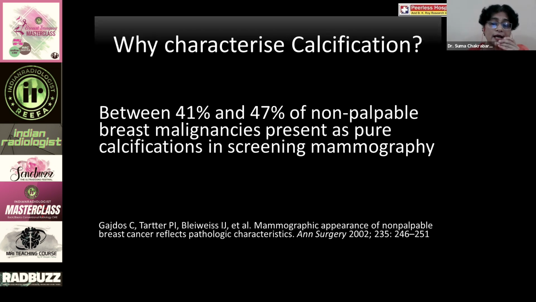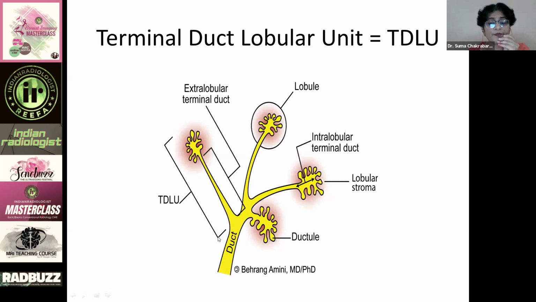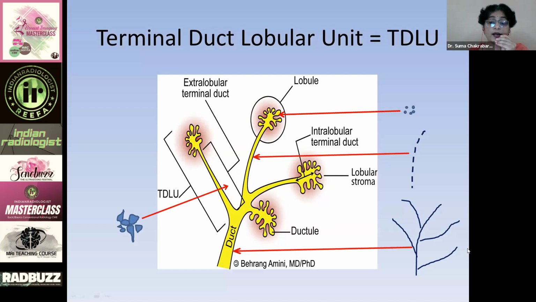So it's very important to characterize these calcifications so we know what to do with them. This diagram may come up today and tomorrow in many talks. This is the basic functional unit of the breast, the TDLU. So if you think about the extralobular terminal duct, the intralobular terminal duct, then the duct tubes, and the pink things are the acini, which secrete milk, okay? So if you can try and remember this, and then we can kind of understand where the different calcifications arise